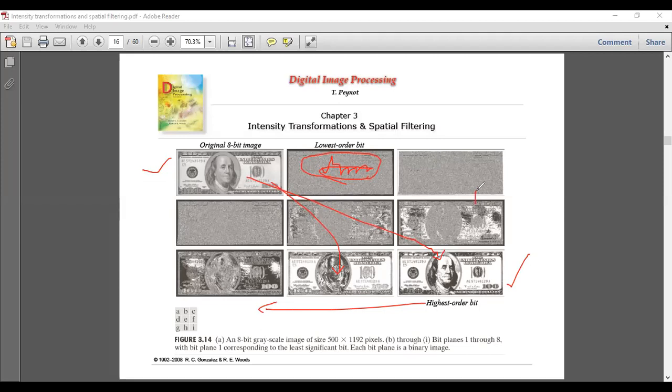So here is a simple example of how an image formation takes place and what the contributions can be. Maybe the government may try to use this particular data and hide some watermark, something like 100 or something they write in this particular plane, so that if the data is sent as it is, it's not visible. But if you see it carefully, maybe you can see this 100 somewhere in a certain plane.